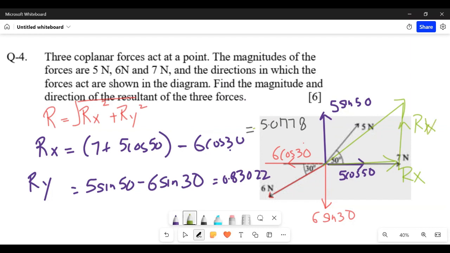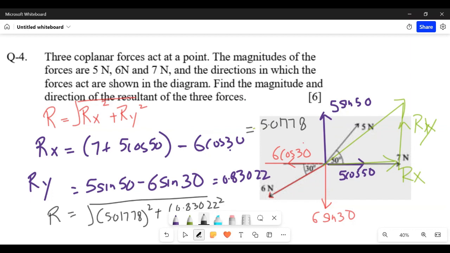That's Ry. Okay. Now we can find R from Pythagoras. Square root of 5.01778 square plus 0.83022 square equals